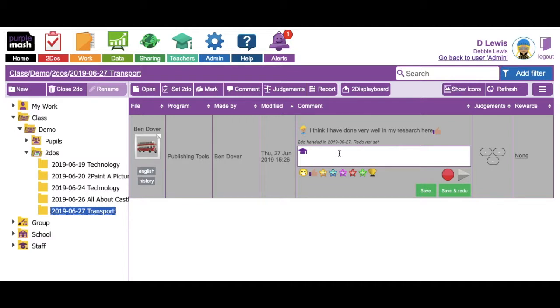As a teacher, I can add something. I think this is a very interesting piece of work. Well done, Ben. And we'll have a little exclamation mark too. I think Ben might get a star. If I click save, then Ben will get a notification in his area that says he has a comment on